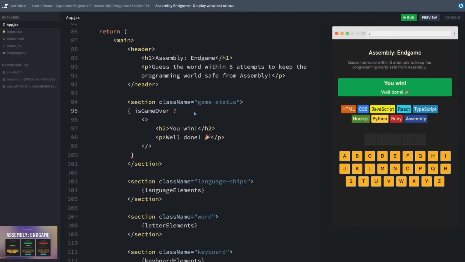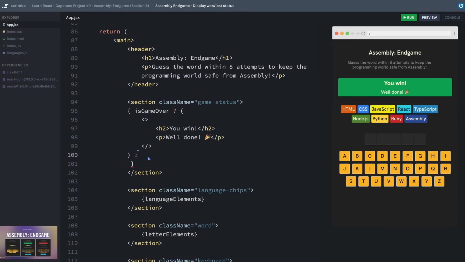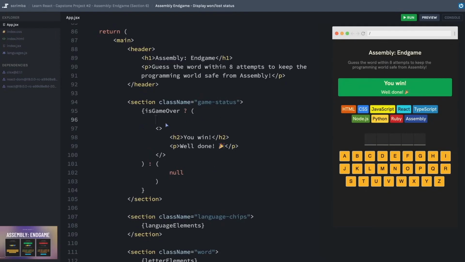So let's say if the game is over, then we will render this section. And for now, I'm just going to put an else in here that maybe just says null. Let me format this because my spacing is looking a little funny. At this point, we could decide whether we want to nest another ternary inside here to check if the game is won. And if the game is won, we render this one that says you win, and otherwise we render the one that says that you lost, or game over. Alternatively, we could just change the text because we want the H2 and the paragraph to stay there whether they've won or lost. But for some reason, I think I would prefer to nest a ternary here. In this case, it wouldn't be terribly confusing.